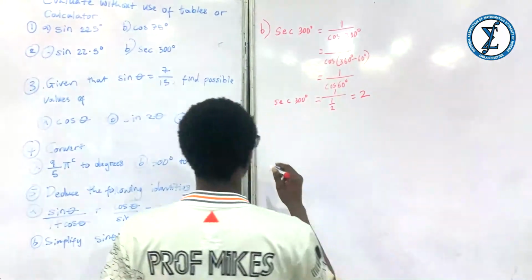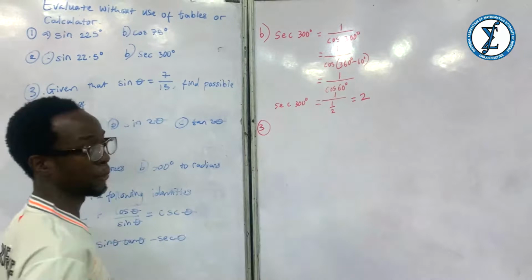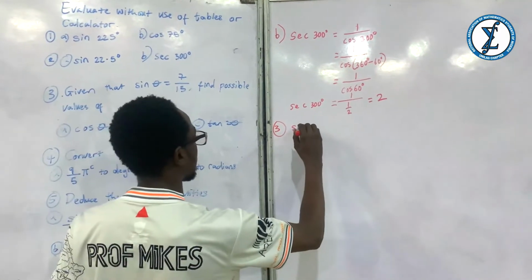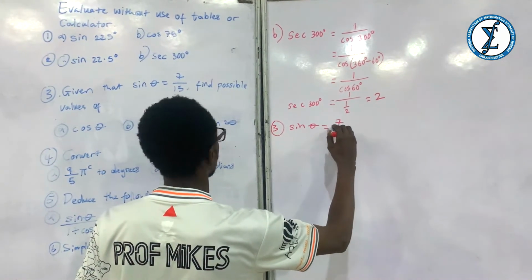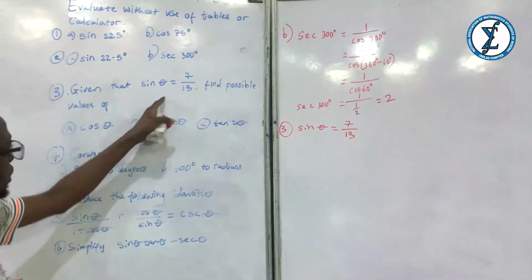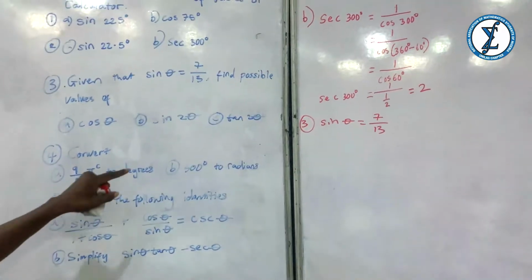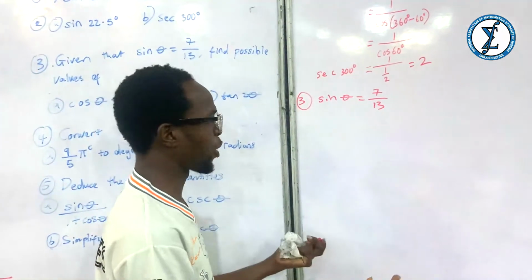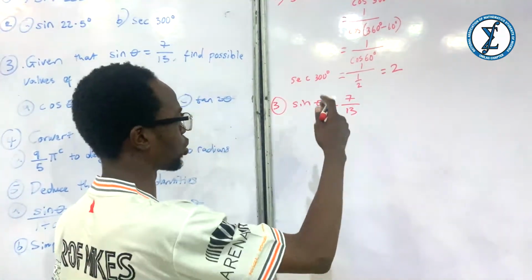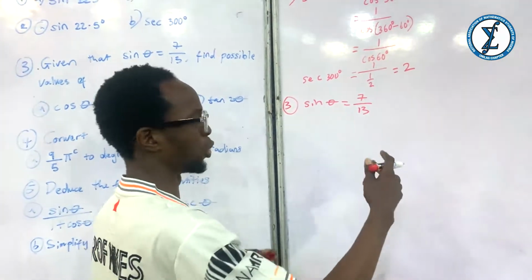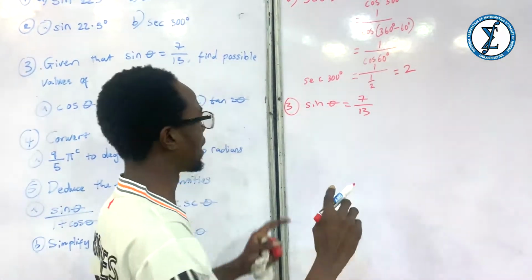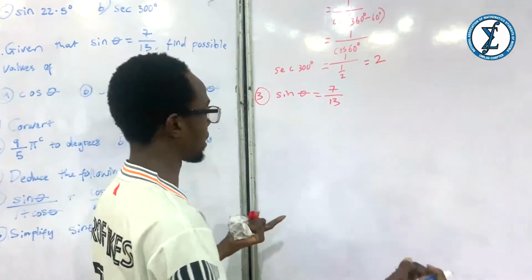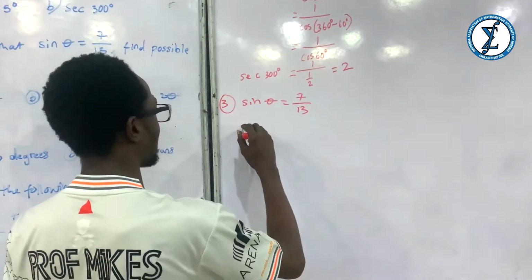Then we move on to the third question, question number 3. Now in question number 3, we are told that sine theta is equal to 7 over 13, and we have to use this given identity to evaluate the rest of these. Now, there are several ways you can go about it. You can decide to draw your triangle and then use Pythagoras to get the third side. But I think the best thing to do in this case, and also considering your exam situation, is to realize that